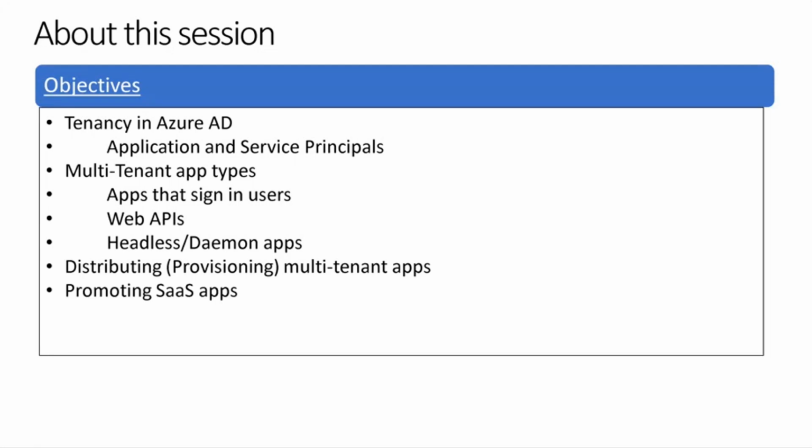If you're an ISV, we have a small set of slides on how to promote your applications using the various channels Microsoft has provided for you. We will cover some best practices and caveats that a developer should be aware of when developing and distributing multi-tenant applications. And finally, I have added a topic called differences between a multi-tenant app and B2B, which is the business-to-business feature that Azure AD has, as we get a lot of questions from developers about when to use what. We will provide some prescriptive guidance that should help you make those decisions.